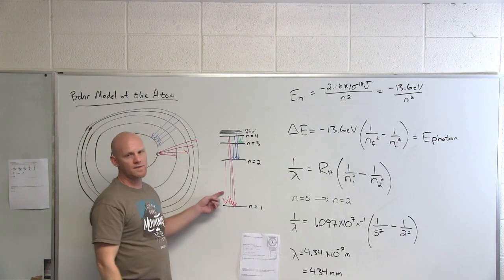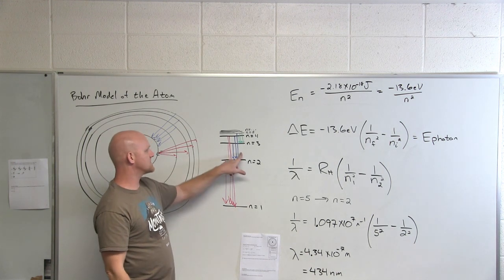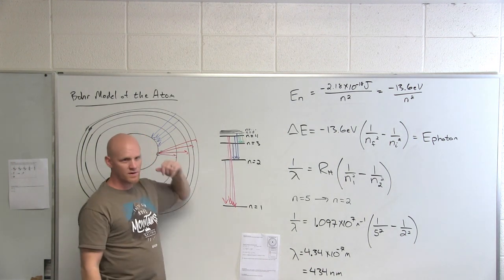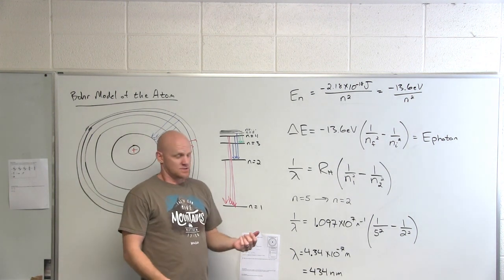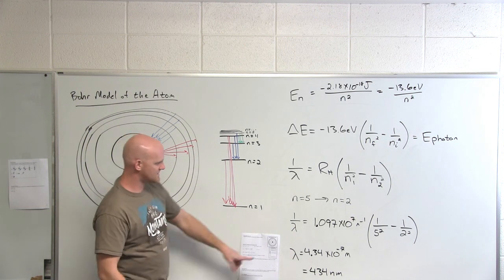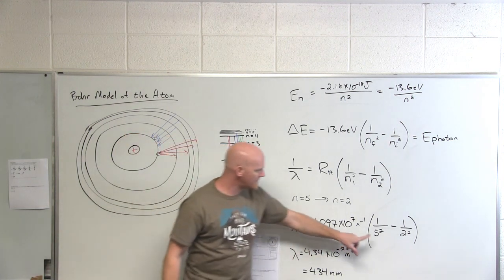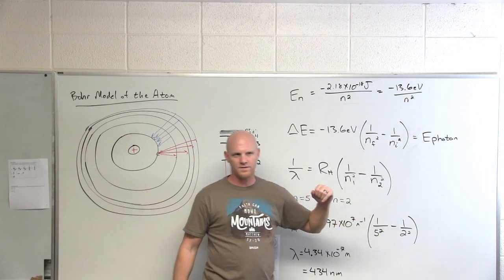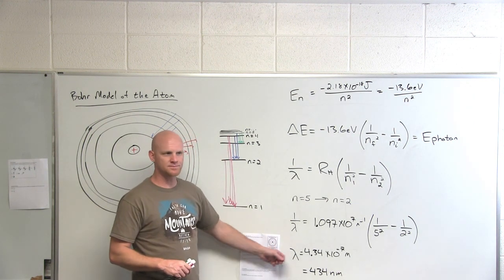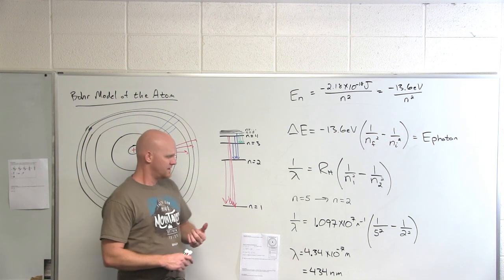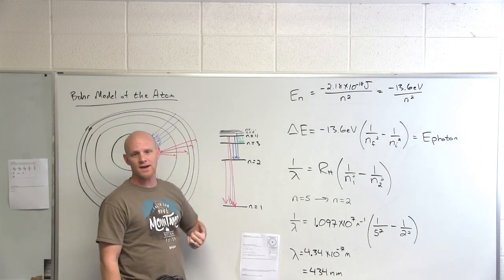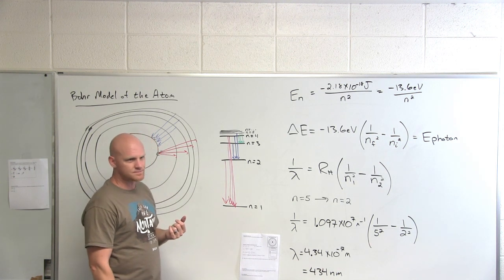If you drop down to 1, that's the Lyman series. If you drop down to 2, it's the Balmer series. If you drop down to 3, it's the Paschen series. N equals 4, the Brackett series. I don't know how important those names are. One thing that is important, though, is the example I gave you. Notice in this case, by dropping down to shell number 2, what series was that a part of for the wavelength we just solved for? That's the Balmer series. The reason the Balmer series is special is that these lines tend to correspond to visible light.